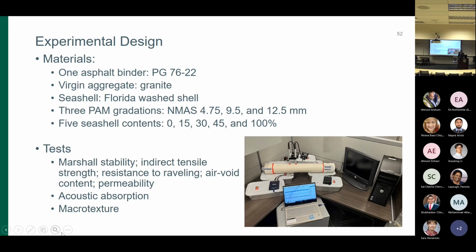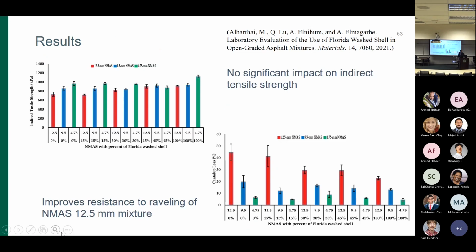So we looked into this and prepared specimens of the porous asphalt mixture with different contents and different sizes of seashell materials, and then we evaluated the sound absorption using the impedance tube, which is a tube that was used by other students, including standard tests. I also measured other performance, like resistance to raveling and the inlet transference, and the general